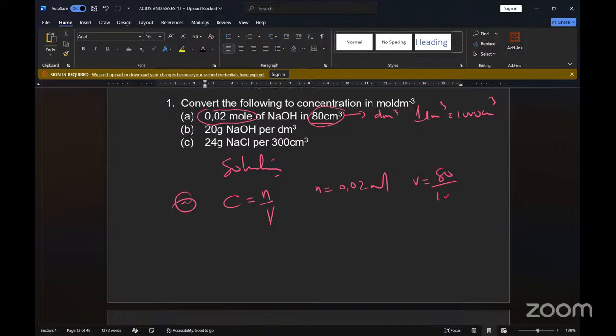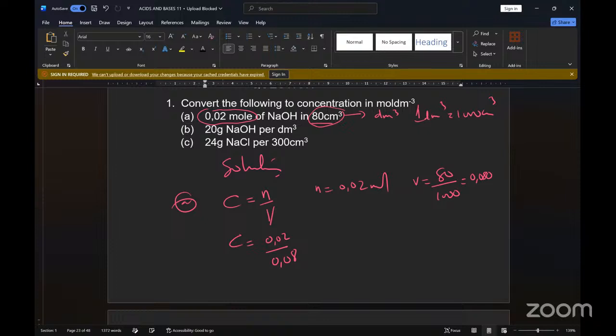So we divide it by 1,000, and that gives us 0.08. So your concentration is equal to your number of moles, which is 0.02, divided by your volume, which is 0.08. Take a calculator, 0.02 divided by 0.08, and that gives you